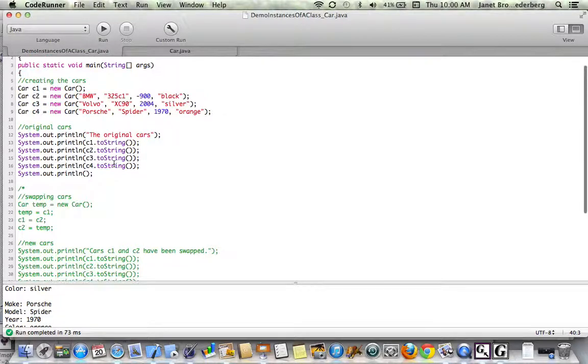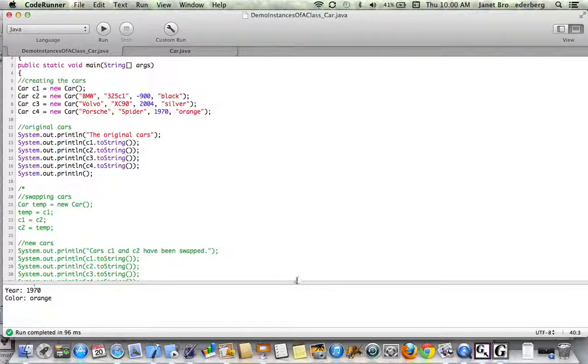Now, in these next lines, I am going to print the values stored in these instance variables as passed here, as I created the instances of the class Car, and I'm going to do that with the call to this method toString. So I will have C1, C2, C3, and C4 call the method toString. That method will return back a string that is the year, make, model, and color of that specific car. So it'll be car C1, C2, C3, and C4. Let's run this program,